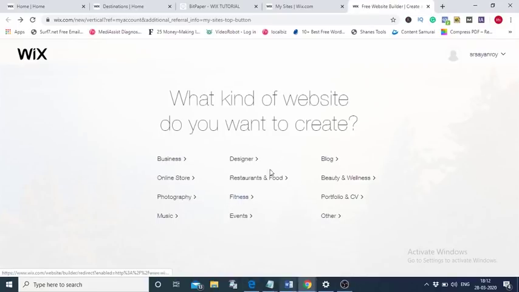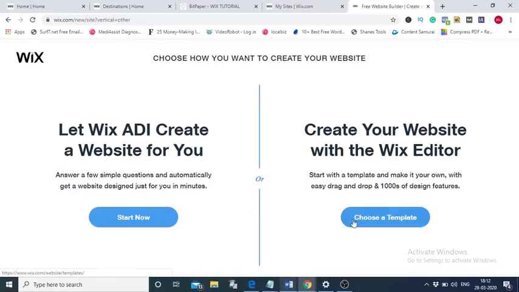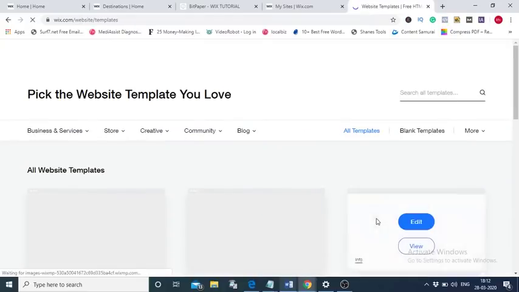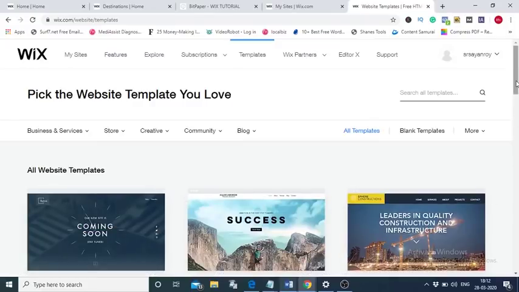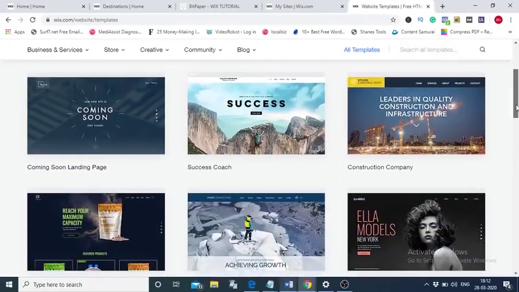Okay, here Wix is wanting to know which kind of site it is. You better click others, and from there you can select a template, or you can do it from scratch as well. I will show you using a template. There are numerous templates in here which you can use, right? So just